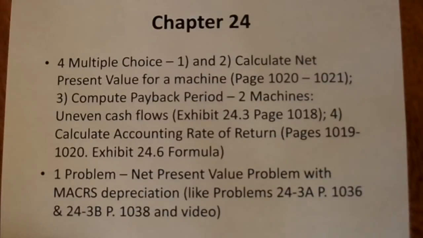And question 4 has you calculate the accounting rate of return, and that's defined in the book on page 1019, 1020. And I've referred you to this exhibit that shows you the accounting rate of return formula, which is exhibit 24.6